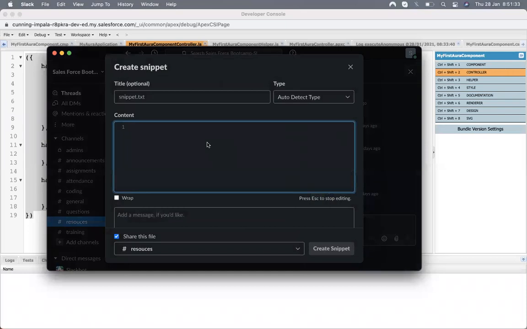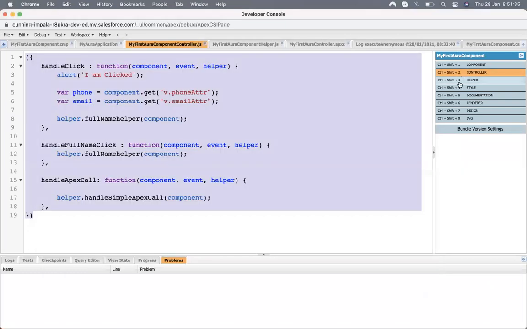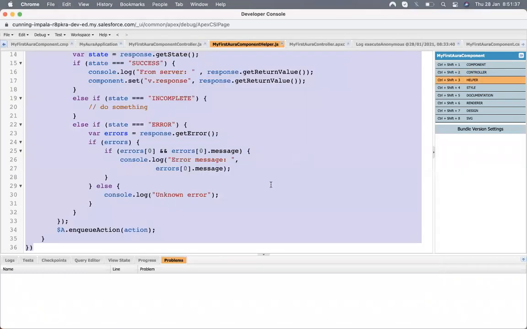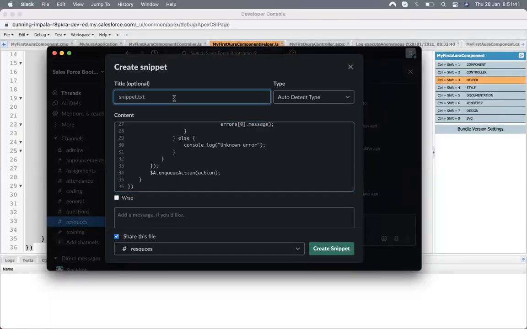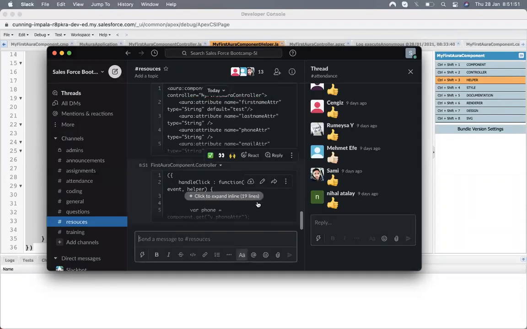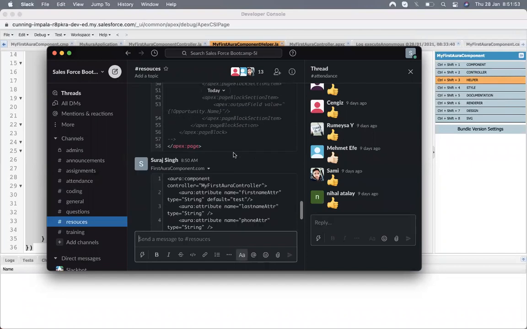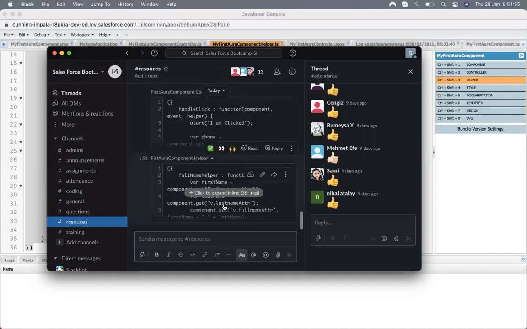I like this thing in Slack, to add a code. So you got your component, controller, helper.